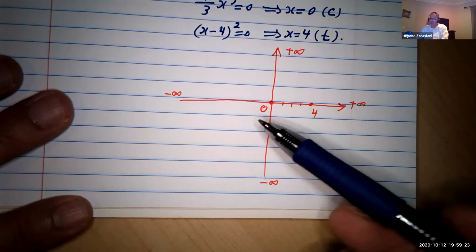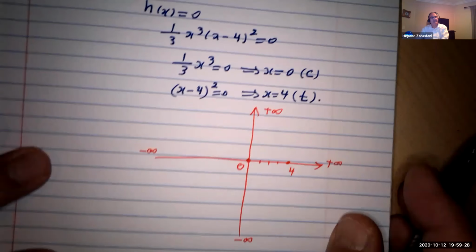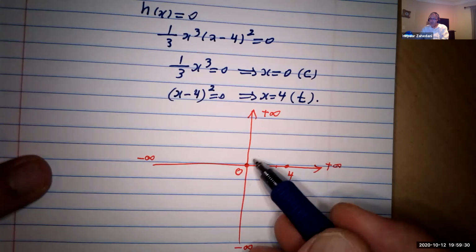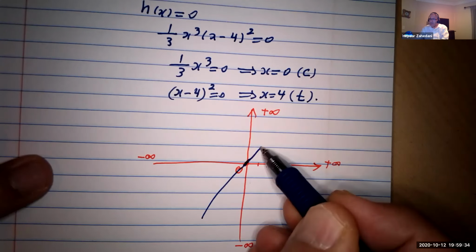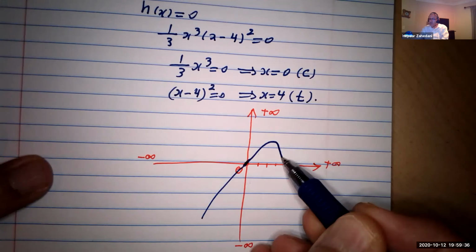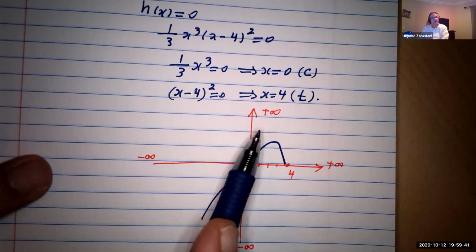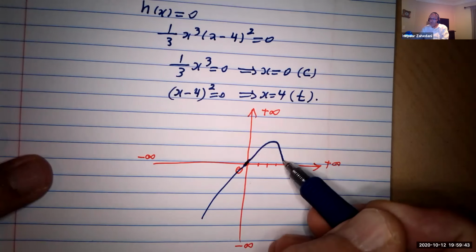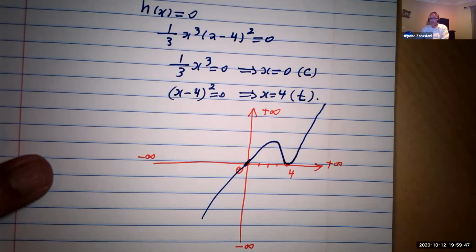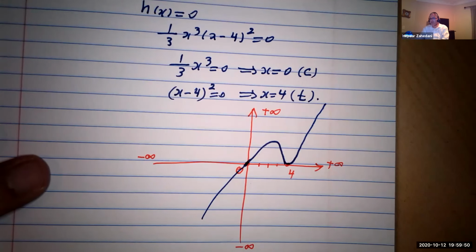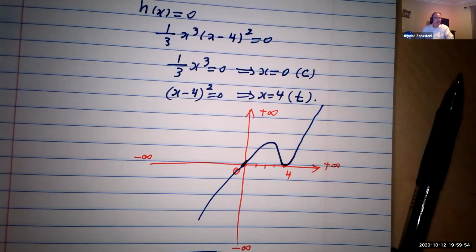Okay, so we start from here, we get to the 0. At the 0 it crosses, okay? At the 0 it crosses, so this is it. We start from here, make a nice turn, go to the 4. Nice turn, go to the 4, at the 4 it touches. When it touches the 4, you have to bounce back. Okay, and that's it. Automatically you get back to the first quadrant, and this is going to be the graph of your function, and